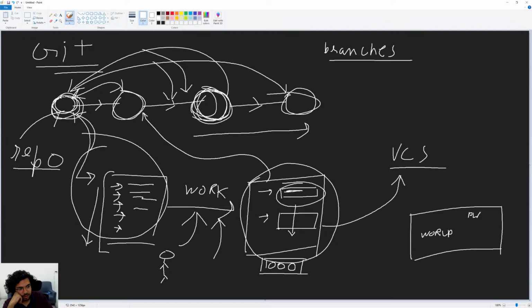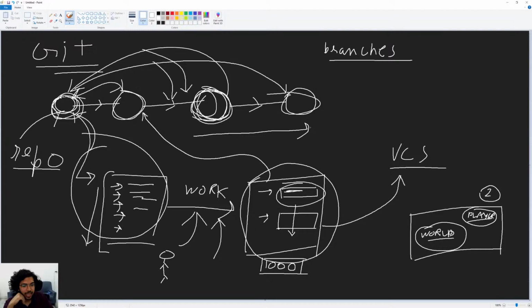If one person wants to work on the player dynamics and someone else wants to work on the world, keeping track of these changes in the same linear order is not a good idea.